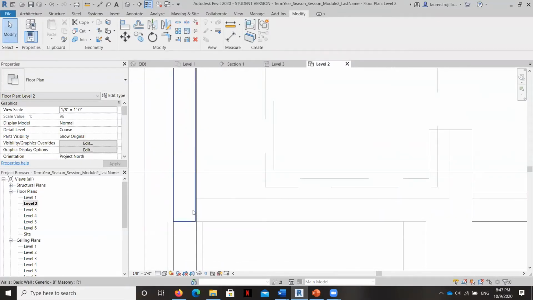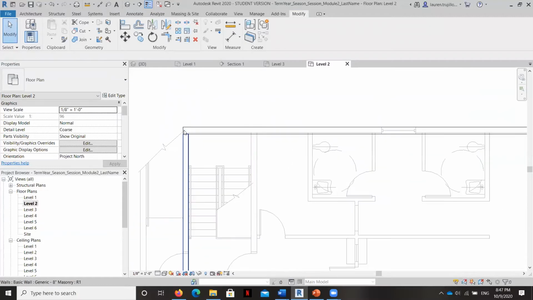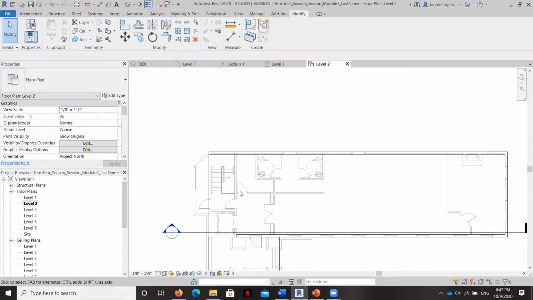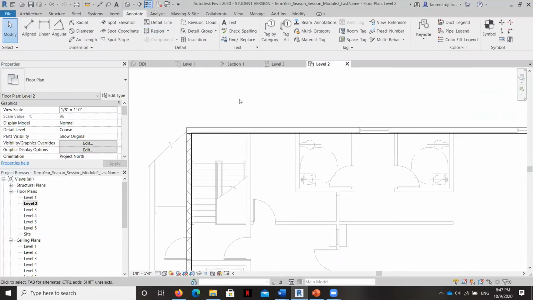And it's maybe a little thin, but that's okay. Okay, so those are connected. And now I'm going to do the fire rated walls that are building this core right here, because we want to make sure that the staircase will not catch on fire if any other part in the building does. So let's go ahead and measure these.